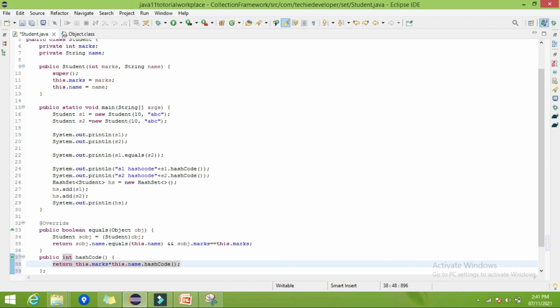Means I have created my own logic, that the hash code will be marks times the hash code of the name string. So now let's try to run.